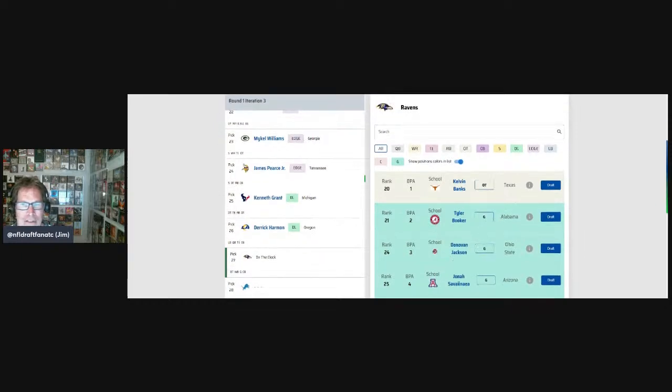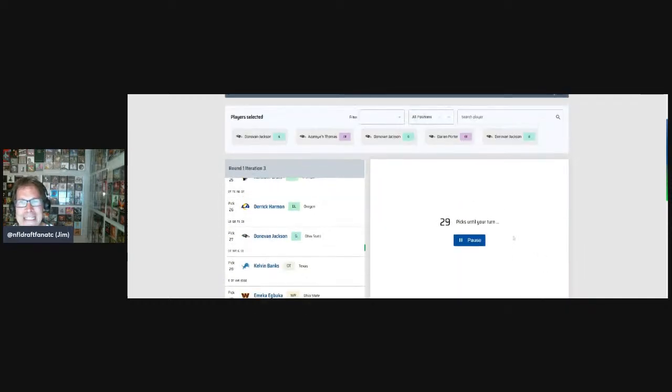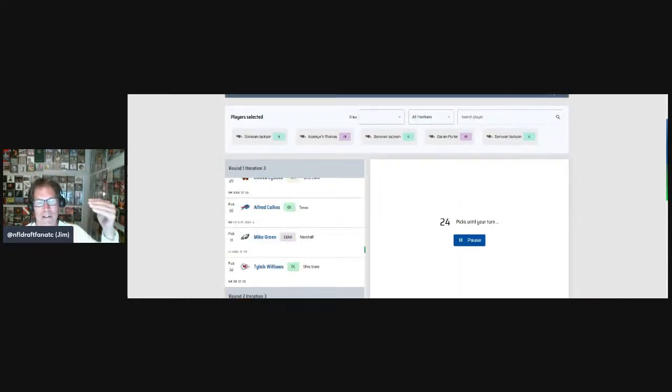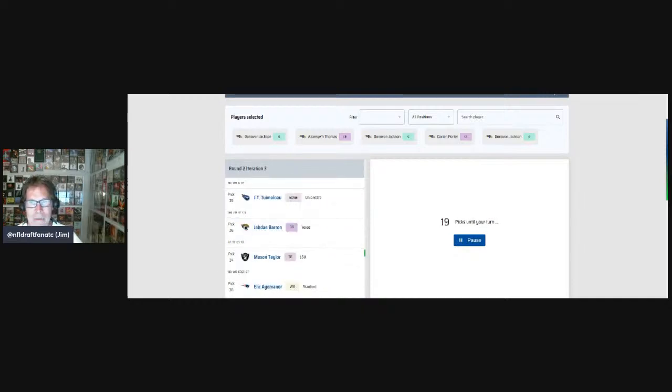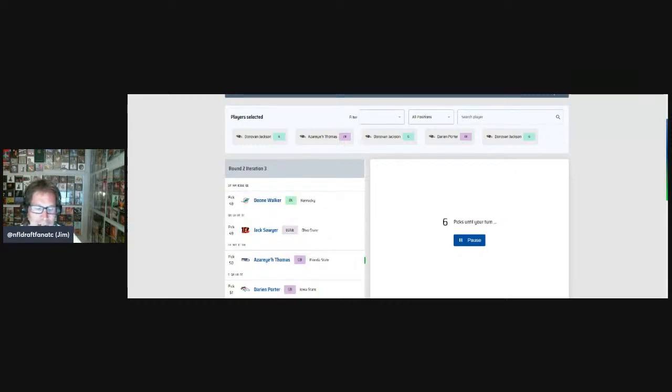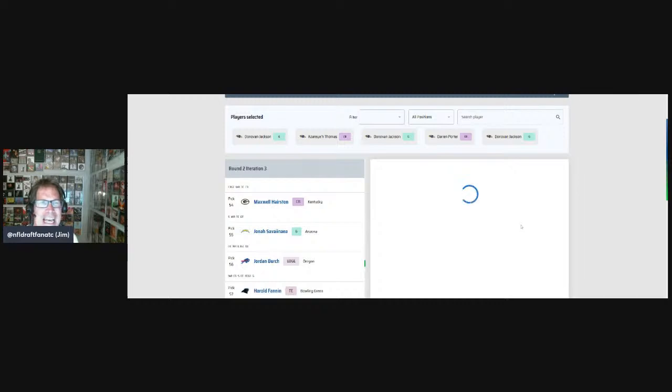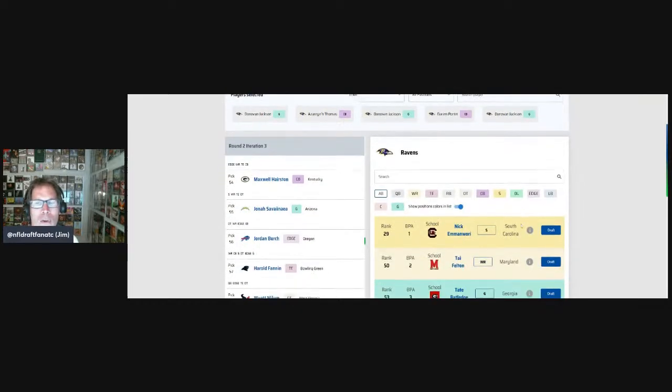Okay, and you can see Donovan Jackson, he's moving up slowly. Okay, so each time I pick a player in any round, they move up the board a little. Okay, it will generally, if a player is all the way at the bottom of the draft card, like the 400th player, it'll usually take about 30 mock drafts to get them to go all the way to the top of round 1.